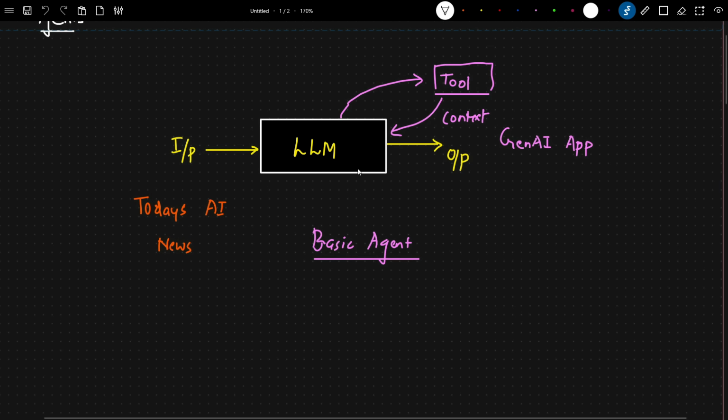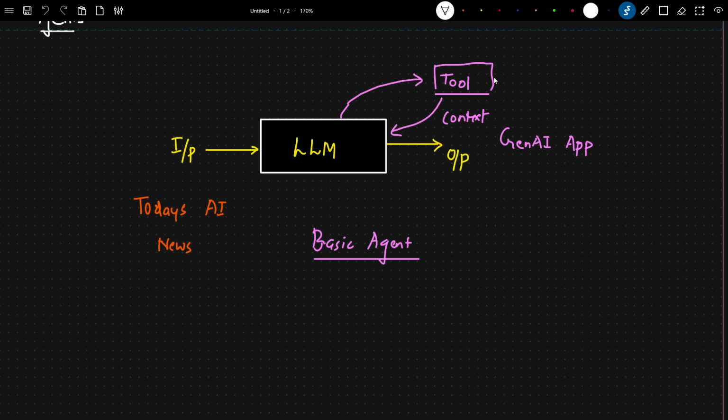In an agent, basically an LLM will be connected to a tool. Now this tool is just some kind of functionality. It can be an API request, it can be inbuilt tools, it can be news reporting tools, it can be a Google search engine tool, it can be any kind of independent functionality tool, right? Now, in this series of videos, we are going to understand